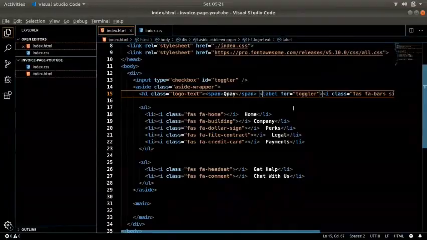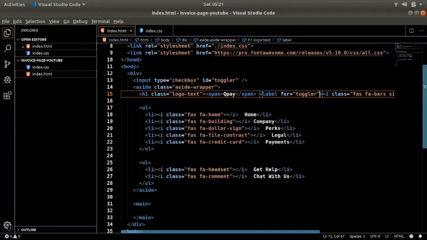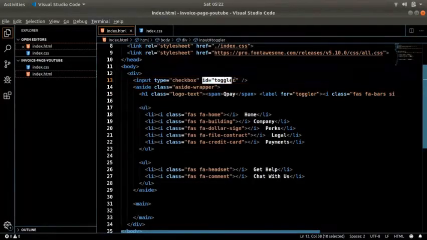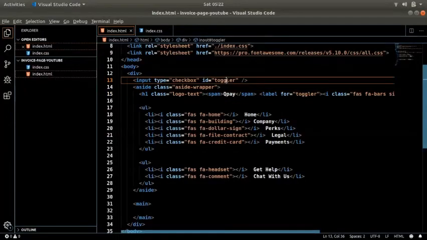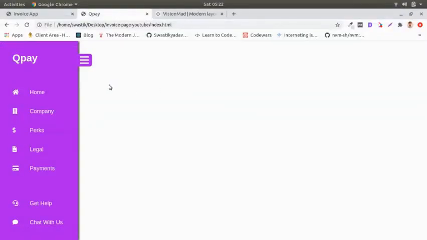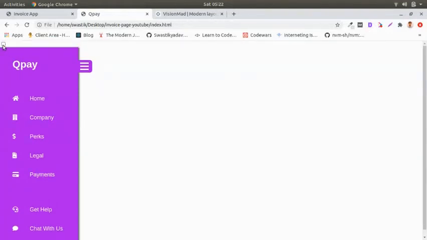Now what should happen, because we have attached the input with this label, and the for attribute of the label is the same as the ID attribute of toggler, we should be able to toggle the checkbox from here. Here we have this input, we can check it, uncheck it.